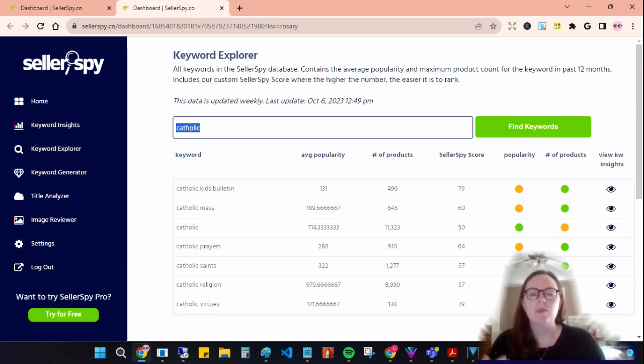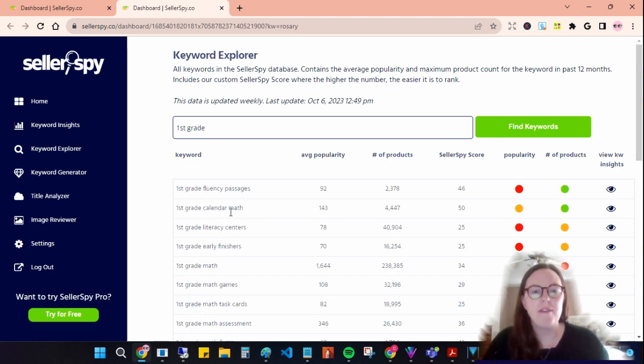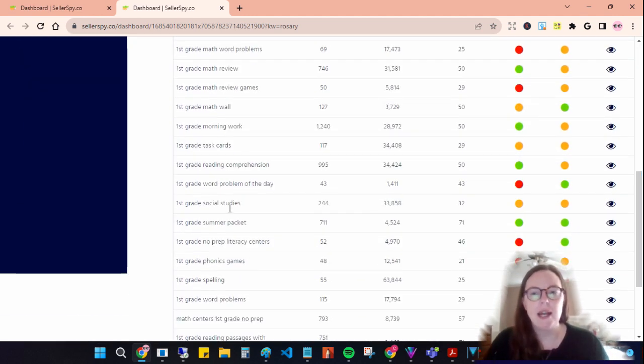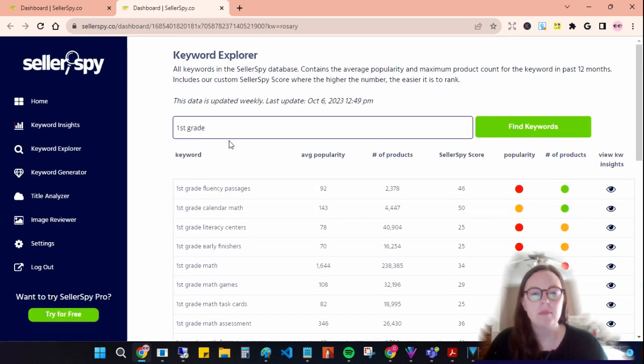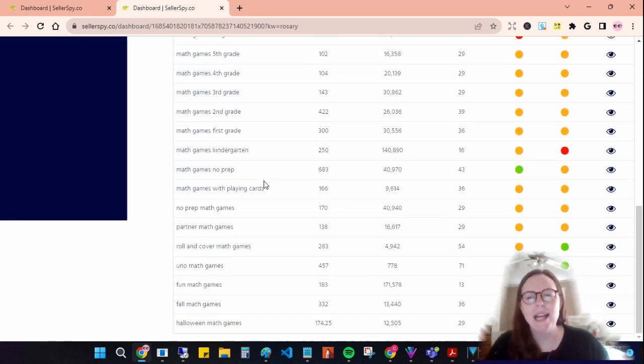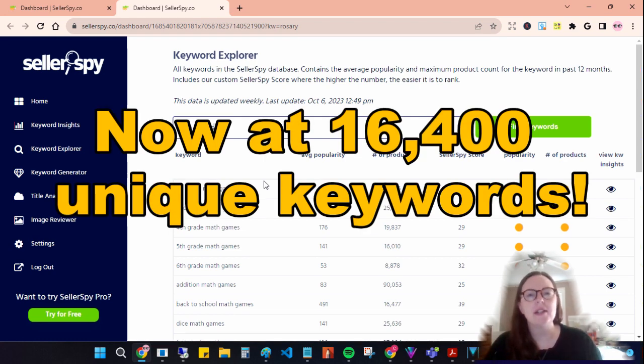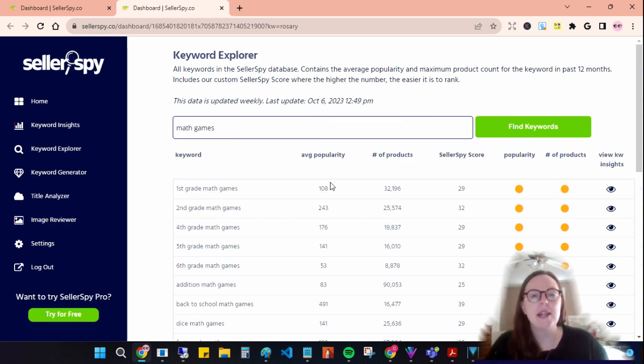So another, let's see, first grade. So now I have all of first grade. Look, I'm not limited to 10. I've got how many? A bunch. What if I just want math games, right? Here's all the math games. And we're constantly adding more and more and more keywords to this. I think right now we're at 11,000 unique keywords with all the stats,